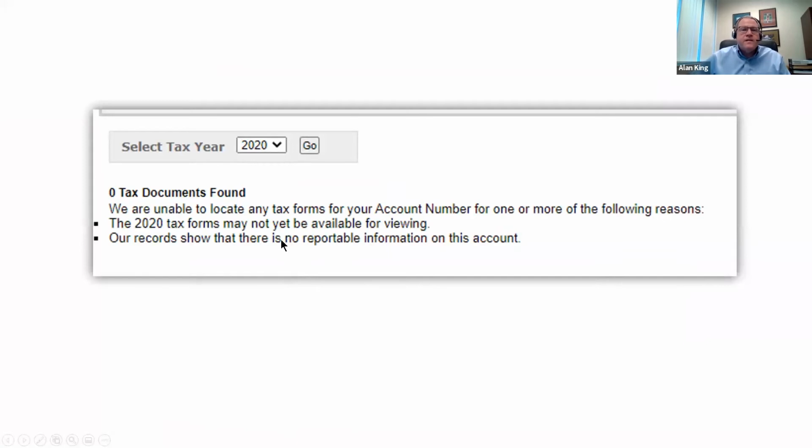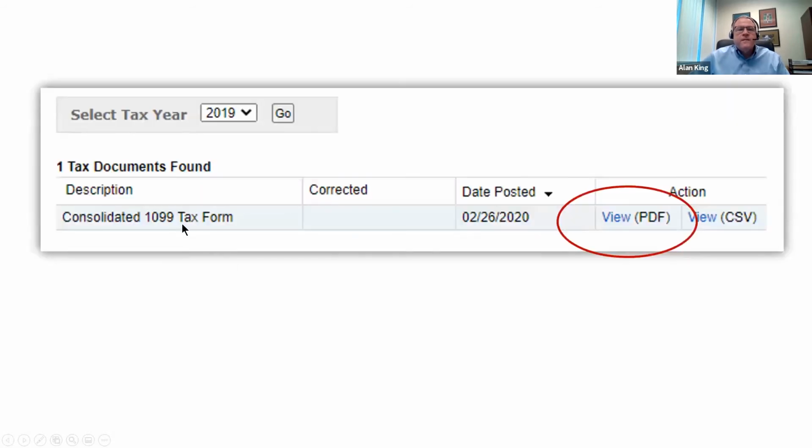And what you might see, especially now where we're still a little bit early in the tax season, for the tax year 2020, it may say that 0 tax documents are found. Well, that's probably just because the account tax form has not been released yet. Some of the brokerage accounts typically are released mid-February, so as soon as the account tax document is available, instead of saying no documents found, it would show you something like this, where you can view or download the PDF